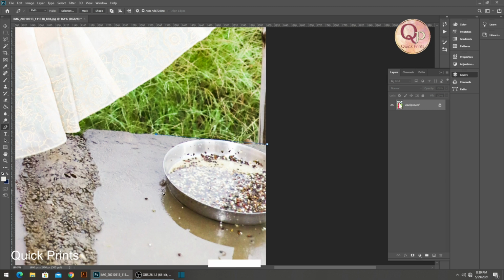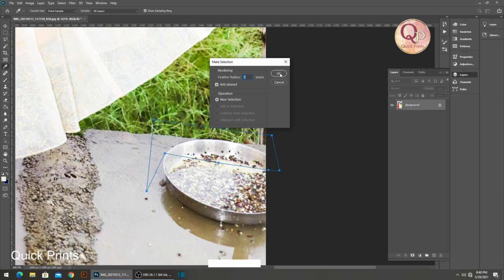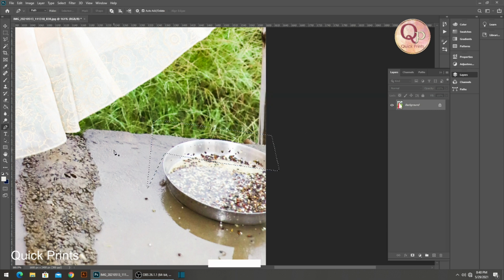Right? I have to go again. I'm taking the part from here, and first we will take a selection like this, and right click, make selection. So we need to fill. Again we are using this clone stamping but with a different technique. So just look closely.